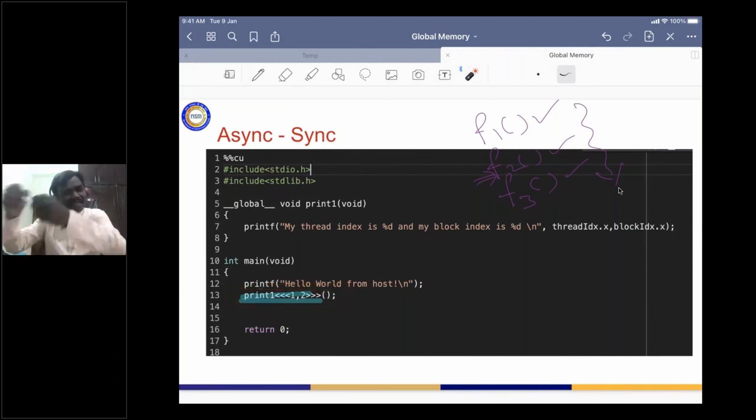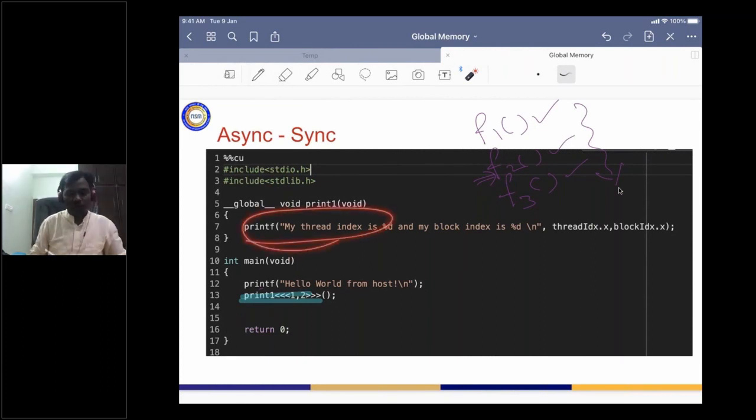So we have just started the function, it is being executed, and the CPU thread has come to return 0 and the main function is over. Which means my CPU thread is terminated before the GPU threads finished their job. So only you do not get any output. This output you do not get, this output you will get.